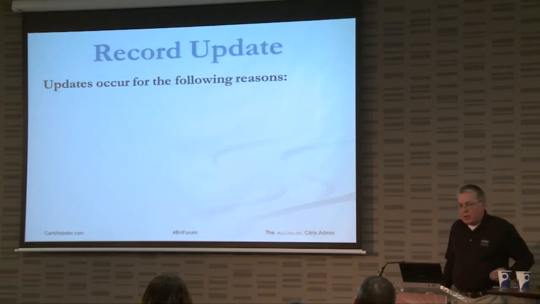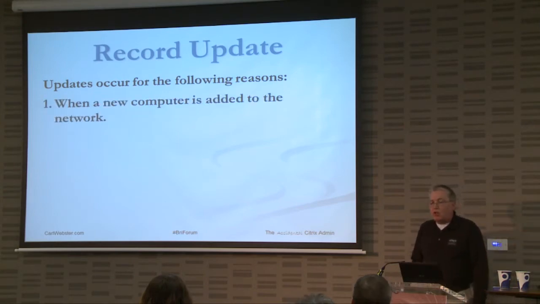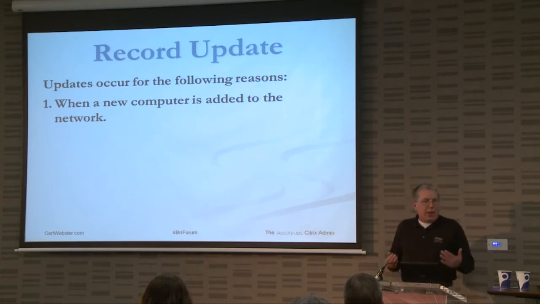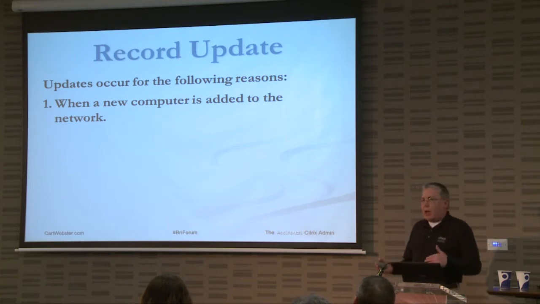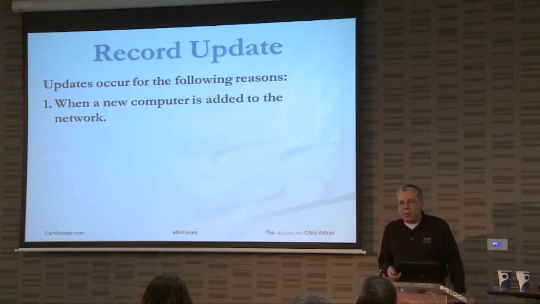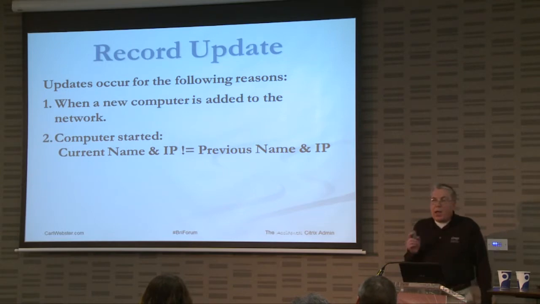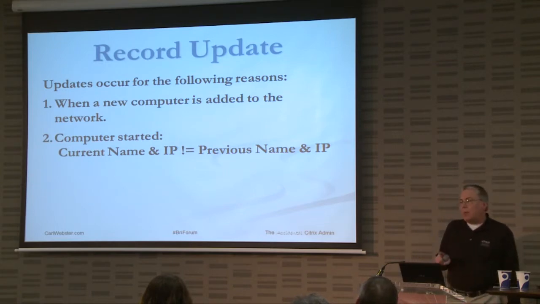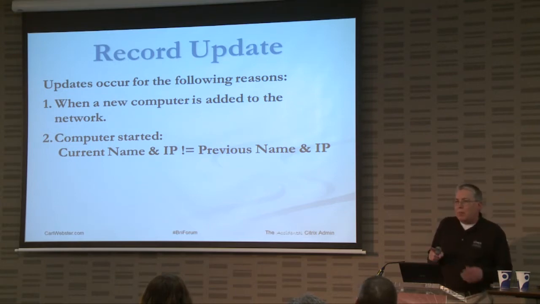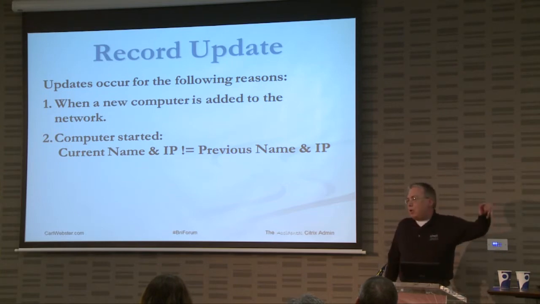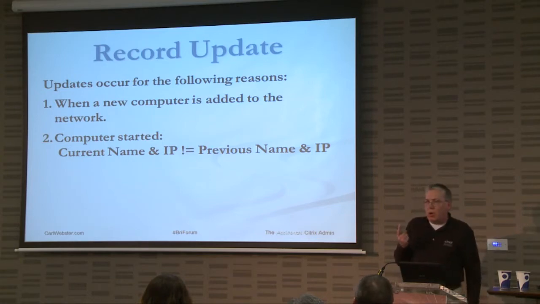Now, what are updates? Updates occur for the following reasons when a new computer is added to the network. It's obviously going to get an update sent to create a record with its host name and its IP address and timestamp and everything in DNS. And when the computer starts, if the current name and IP does not equal the previous name and IP, that is an update. So even during the no refresh period, if one of these events happens, it's going to update